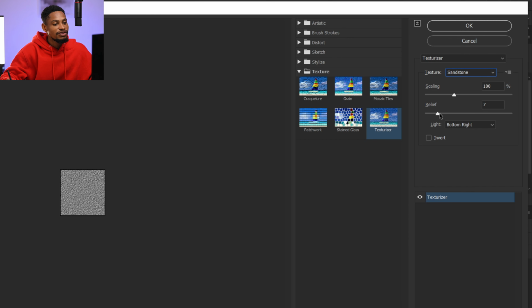And for the relief, if you take your relief all the way up, it means how intense you want the texture to be, and if you take it down, it means the texture is going to be less intense. So I typically use between 4 to 11, so I'm just going to use 7 for the sake of this